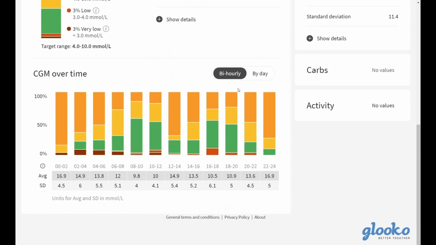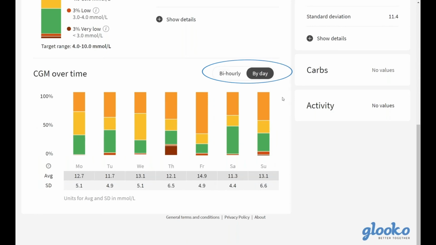In the table below, we're able to see the bi-hourly periods and their control throughout the day. This is really useful for finding areas of the day where a patient is struggling with control or really exceeding expectations, and how that fantastic performance can be replicated during other areas of the day. By clicking day by day, we're able to actually look at specific days that a patient has the best control, and perhaps areas where they